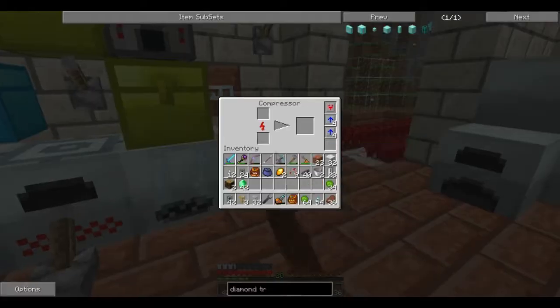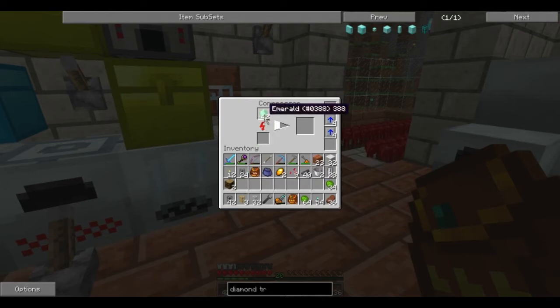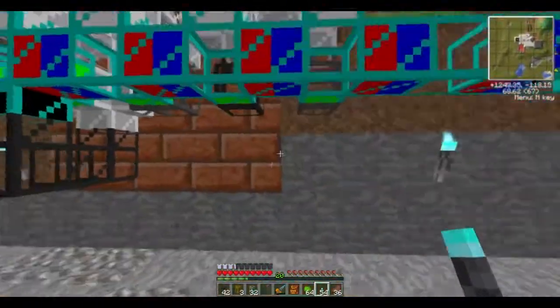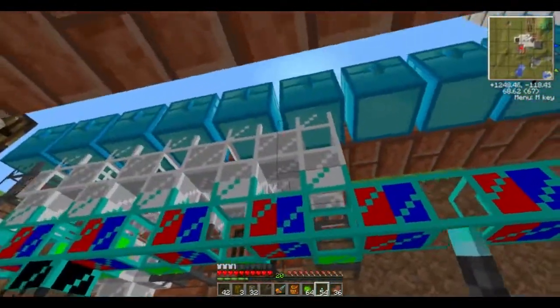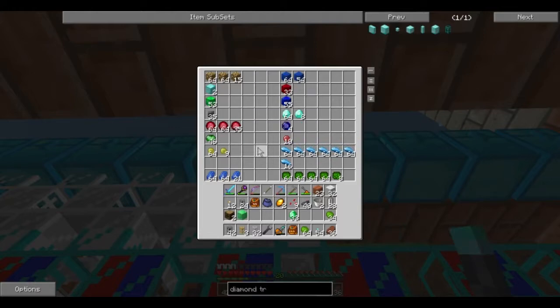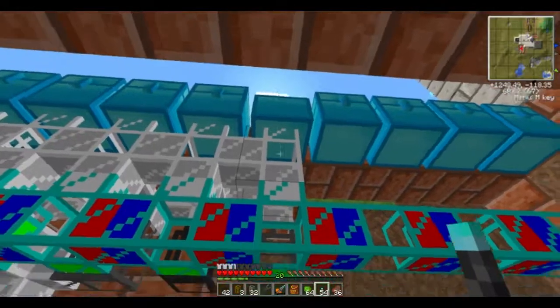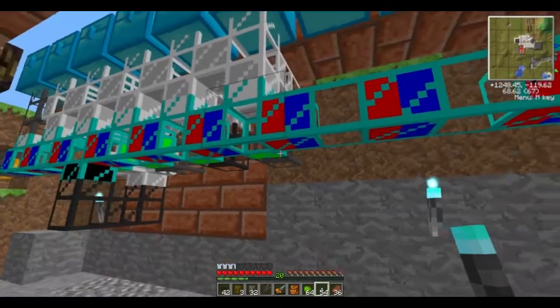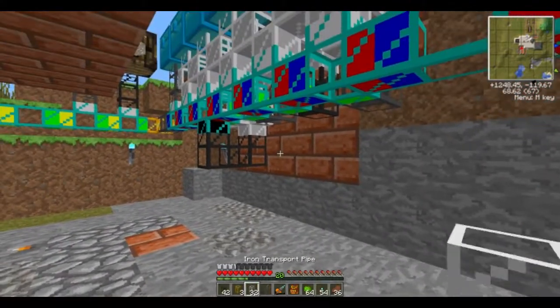Now here's the problem. For me to use emeralds, so I'm going to want emeralds and the block, I'm going to have to do this. Oh, I get to show you how I do this on camera now. So I want these to go into the dusts and gems, obviously. So there's only one space left. So if I put emerald in there, what I'm now going to have to do is take a